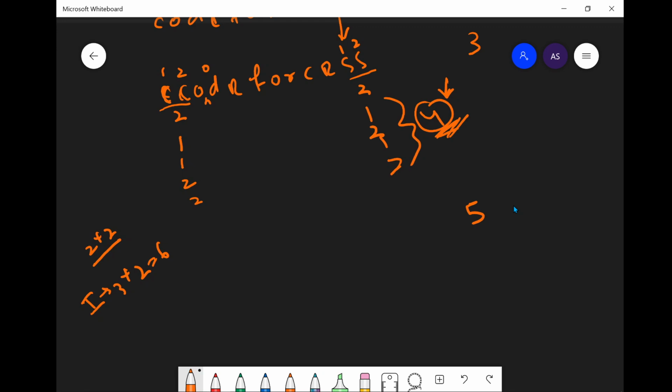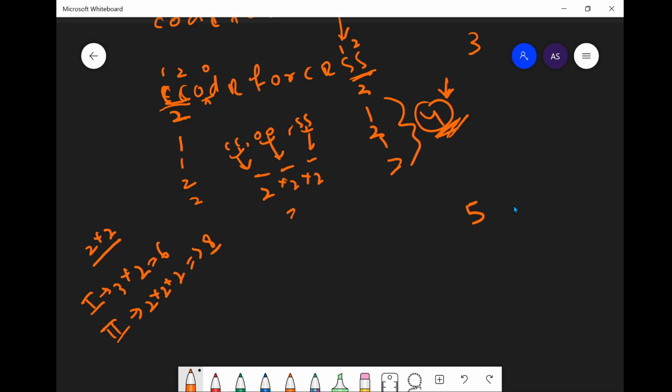But at the same time, if we increased another O here and did not change this, then by simple permutation we can find that we can extract 2 into 2 into 2, which is 8. So there are 2 C's, 2 O's and 2 S's. So we can extract 8 distinct 3 characters out of it. If we see it more clearly, we have C, O, S. Out of these both we want 1, these both we want 1, these both we want 1. If we count the number of ways, it is 2 into 2 into 2, which is 8.